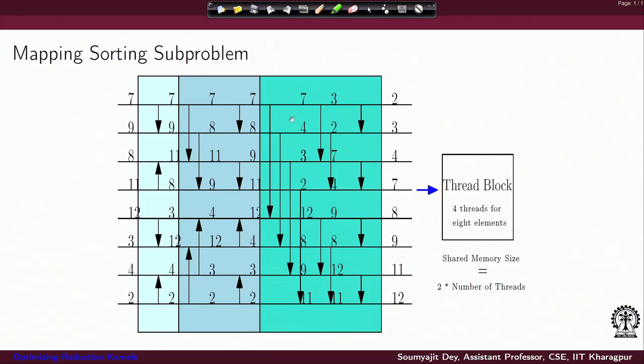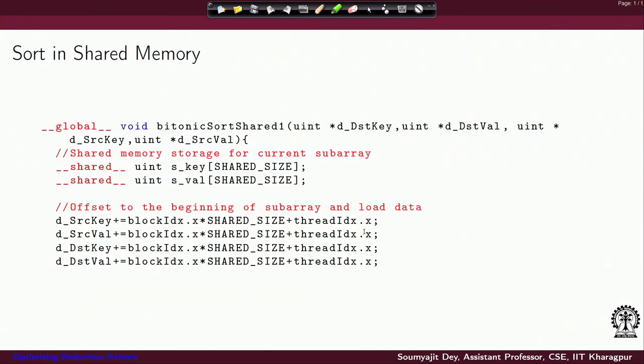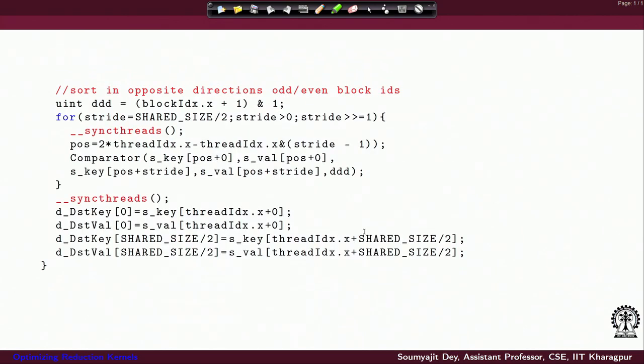Now we have to identify the per thread activity. For each thread there will be a downward comparison happening at different stride values and at different data points. One thing is common: the stride value will decrease by a factor of 2, as you can see, stride 4 comparison, stride 2 comparison, stride 1 comparison. Similarly, for each thread, stride 4, stride 2 and stride 1 comparison. The issue is how we distribute the different comparisons as a per thread activity.